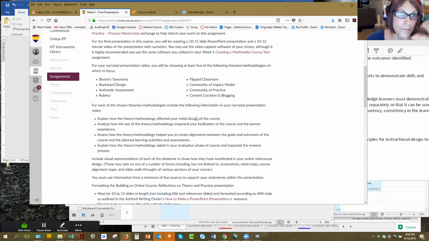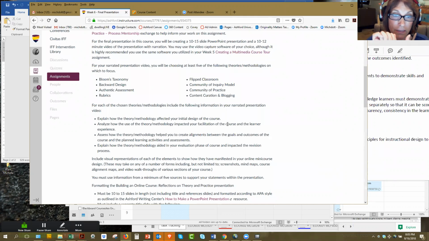And then you're going to talk about the theories and how they impacted your thinking about the course design. That would be probably Bloom's taxonomy, the backward design, maybe around in that. And then the facilitation, so that would be the ADDIE model, which isn't in here, and all that kind of theory around facilitating an online course and what changes, how does that differ? And then there's also the bit about the community of inquiry, the social presence, the teacher presence for facilitating,